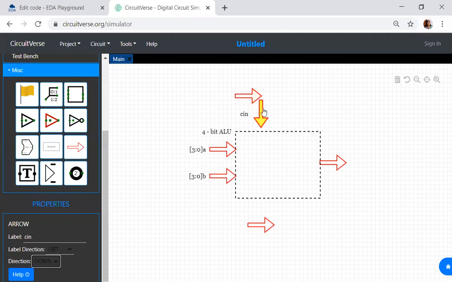So this is one more input, C in. Then I have one more input, select line. What is the size of the select line? For 4 operations, I require 2 select lines. So 1 down to 0 S. This is again the select line and it is input.